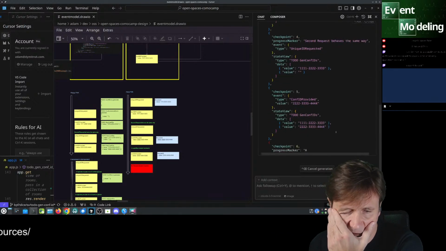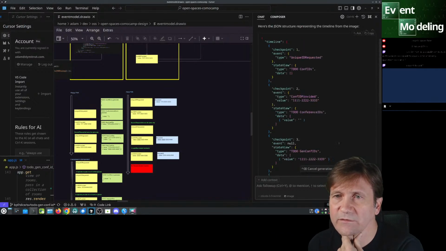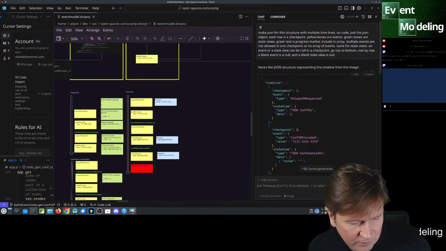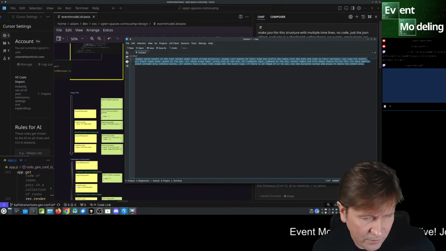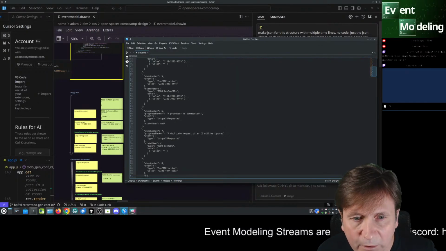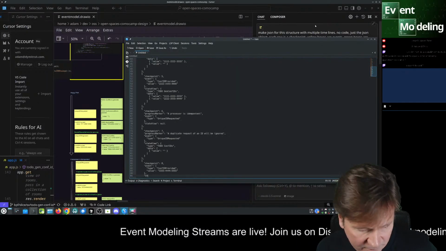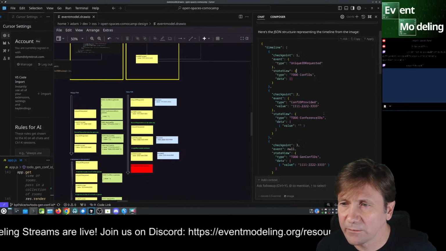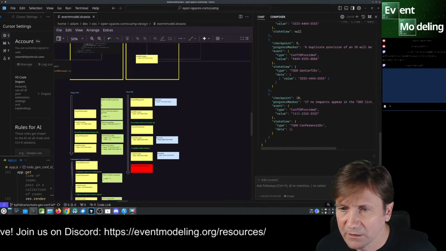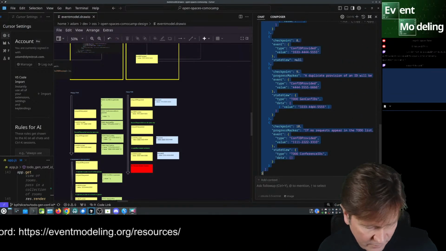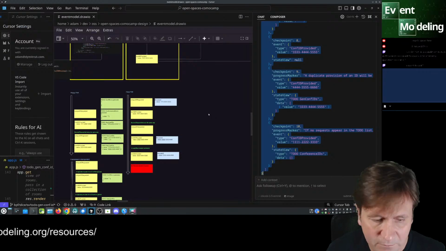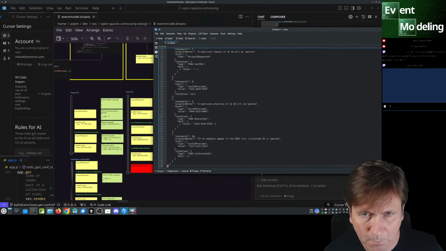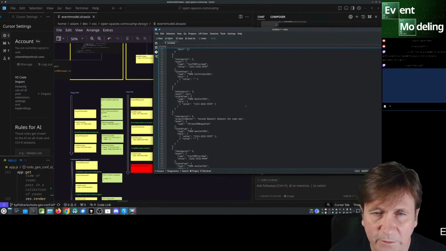So let's just use this as the basis of copying this to somewhere like here. Oh, it didn't finish. And just handwrite the rest of this and see if we actually get what we expect out of this whole thing.